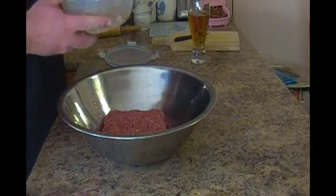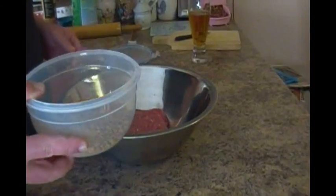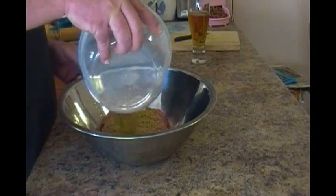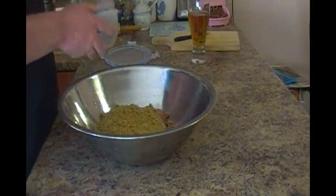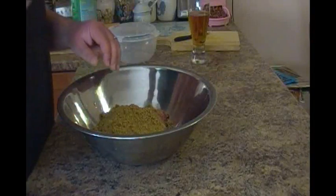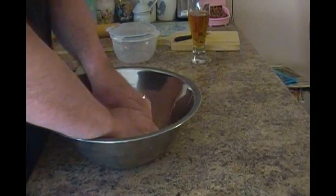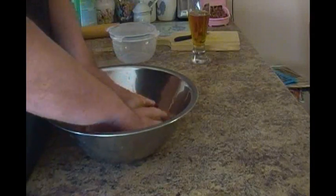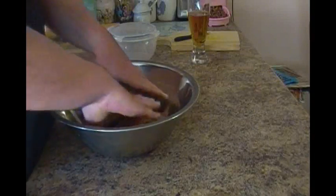Now I've already mixed all the spices into this bowl and really tossed them up good, and I'm just going to sprinkle them all over the meat. And basically what's in here for spices is garlic powder and oregano, black pepper, chicken soup base mix, or chicken bouillon if you will, but it's powdered form. There's cayenne pepper